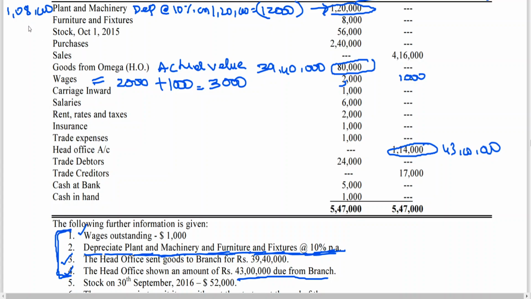Now what happened when you are having closing book value? The depreciation also will be taken to the trial balance. Then depreciation on plant and machinery will become, in the trial balance, debit side as 12,000. Are you following? Depreciation will be taken in the trial balance as 12,000. Are you following, all of you?